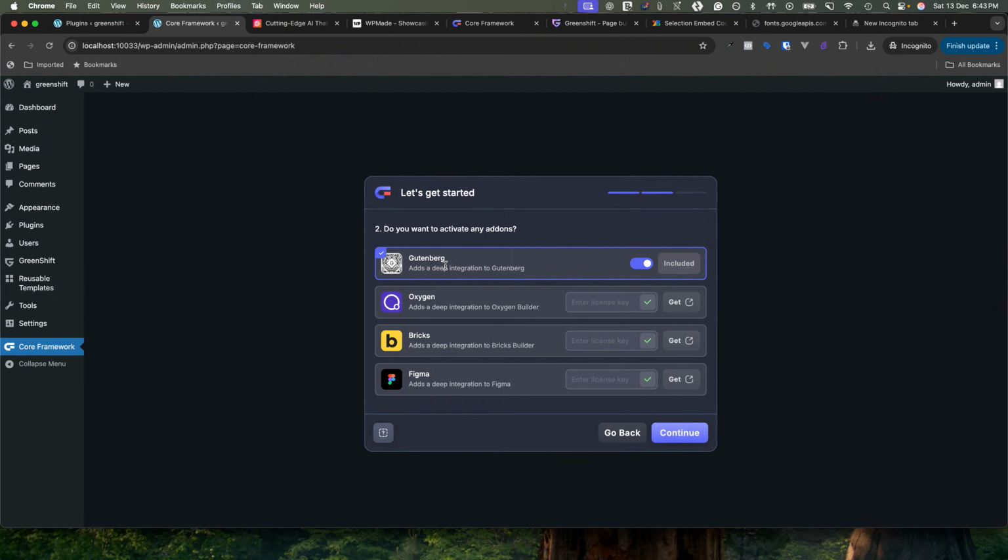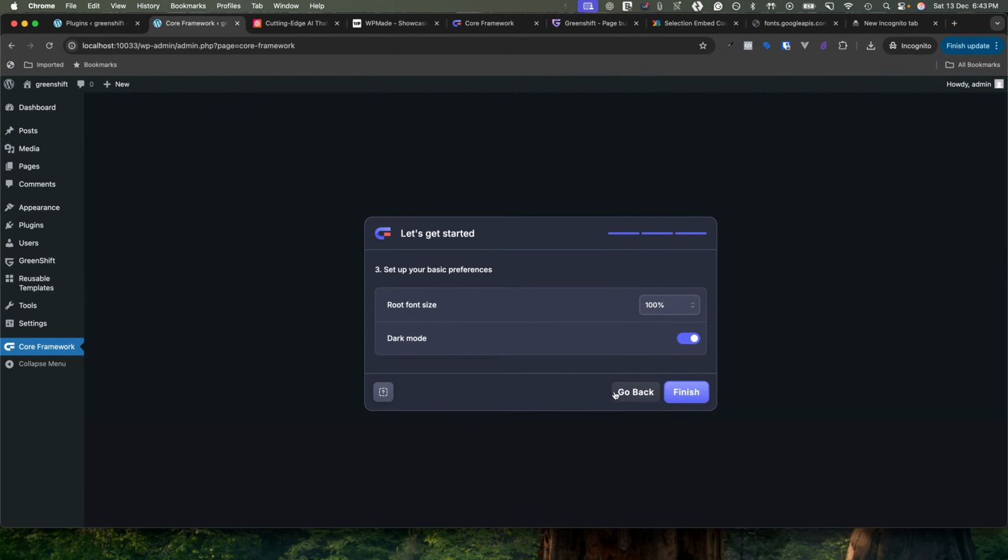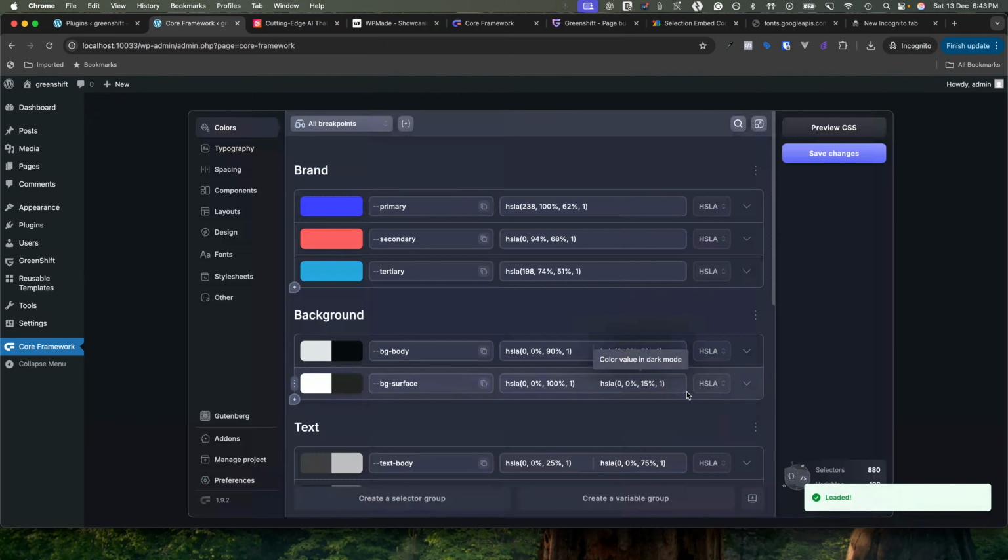I have selected the Gutenberg and select this. And here root font size is 100%. For this tutorial, I'm going to set it like that. We can set it to 62.5 also, as per our design needs. Okay, let's finish it. Once I finish the setup wizard, it shows all the options that come with the